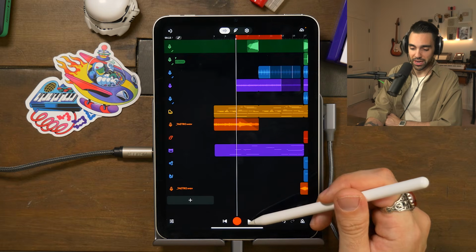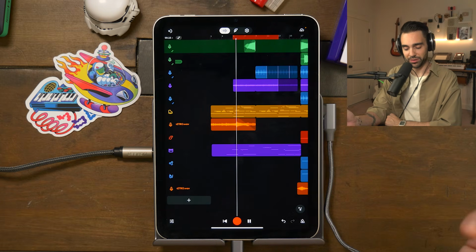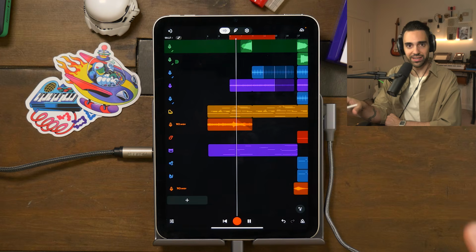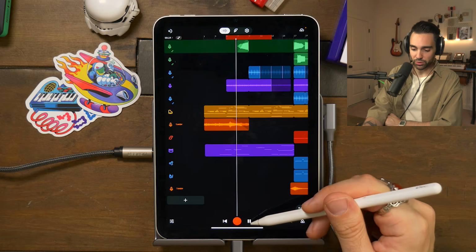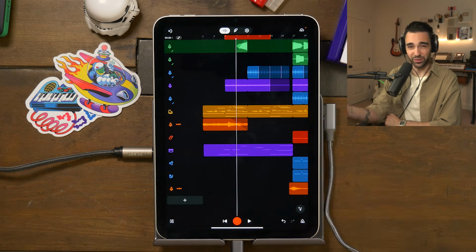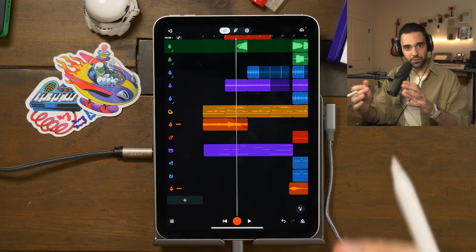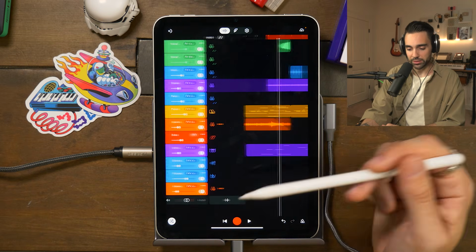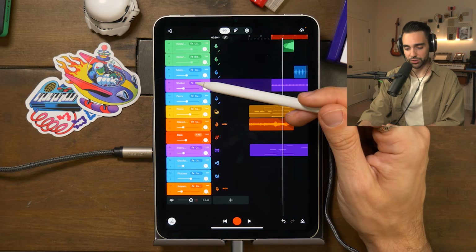But let's slow things down, let's take it nice and simple, and let's apply some automation to something in the project that doesn't already have it. During the intro of this track, the shaker enters with the piano. It's a very quiet intro. What I'd like to do is actually filter the shaker in so it doesn't come in right away with all of those high frequencies. So I'll open up the mixer, make sure I'm on my shaker track, and then go